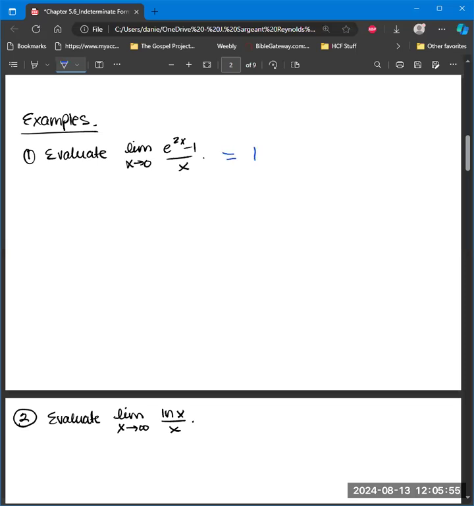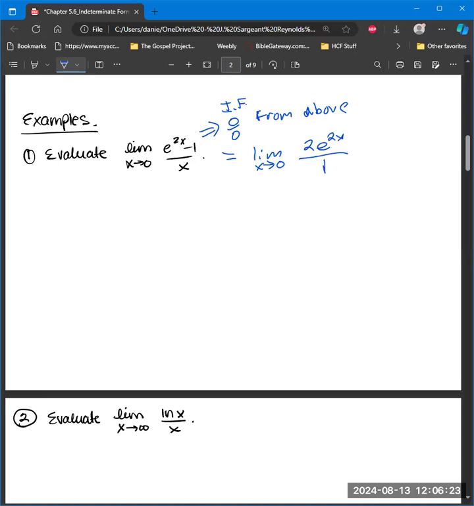So keep the limit symbol there. We've already tried our algebra. We've tried our direct substitution. We know that this goes to 0 over 0 from above. So I'm not going to do that again, but I am going to take the derivative of the top, which is going to be 2e to the 2x. I'm going to take the derivative of the bottom,